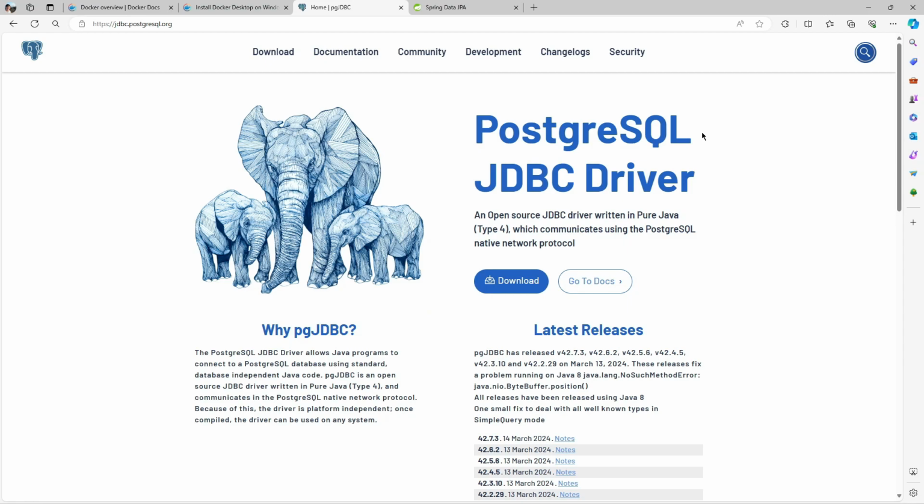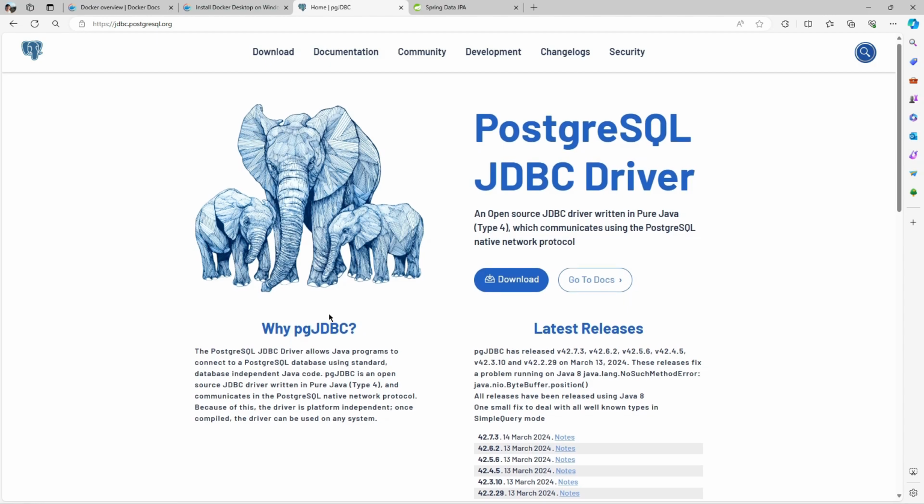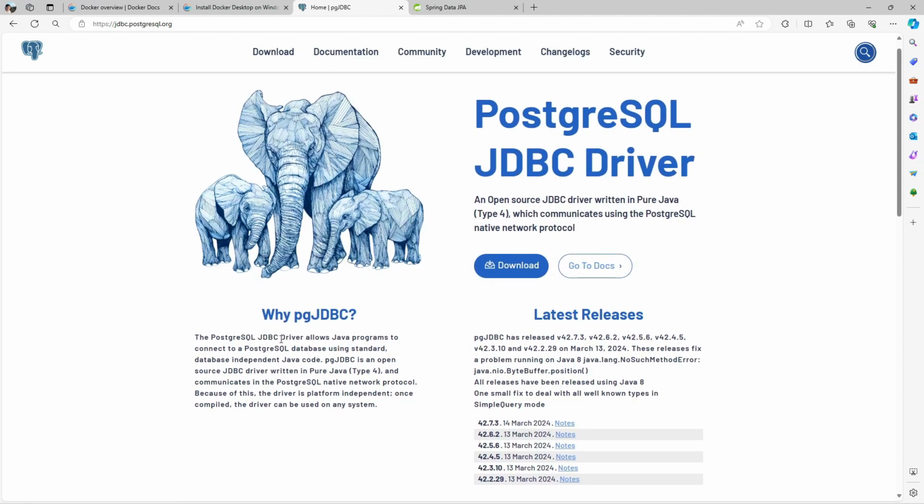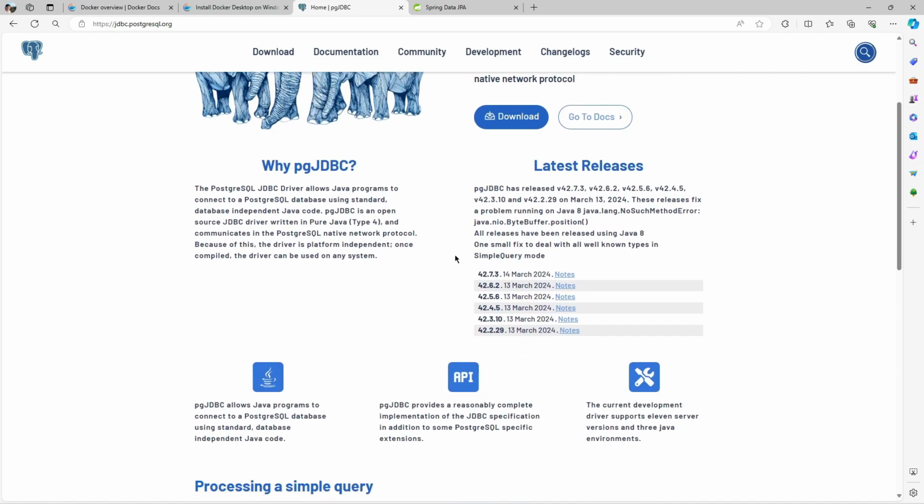So in here, I am in the Postgres JDBC driver documentation, and you can see the Postgres JDBC driver allows Java programs to connect to a Postgres database using standard, database independent Java code.